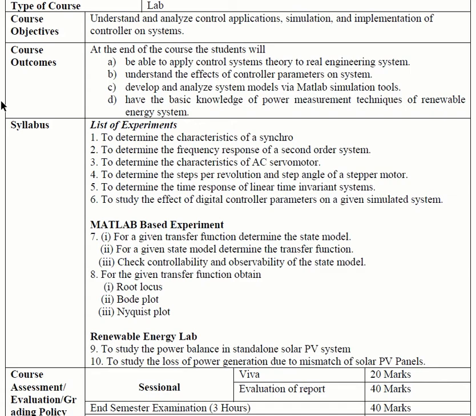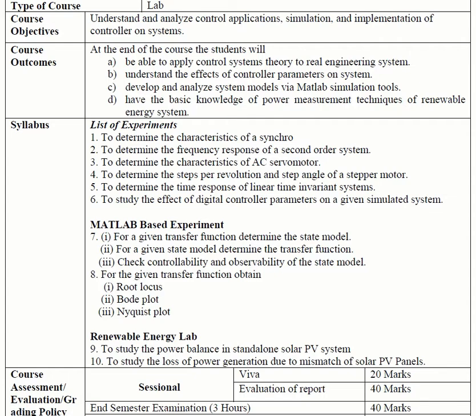So we have here 10 experiments in the control system labs which are given here, and I hope that you find the CDF which was attached in the previous class, in the previous lab we had. And today I'll discuss first the experiment which is related to MATLAB, that is experiment 7, because this is easier to be done on the computer, while the other experiments from 1 to 6 will require the presence of the physical apparatus. So for that I shall figure out how we are going to record the physical experiments.